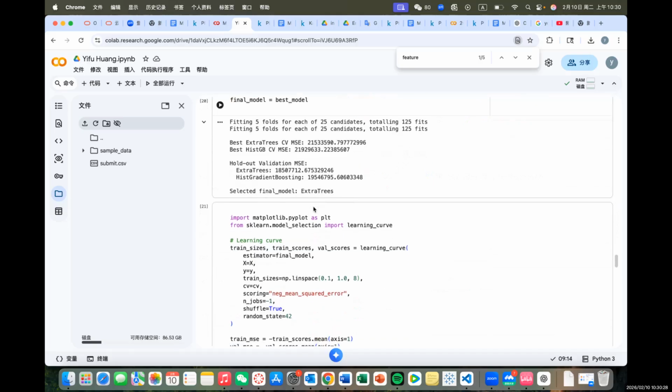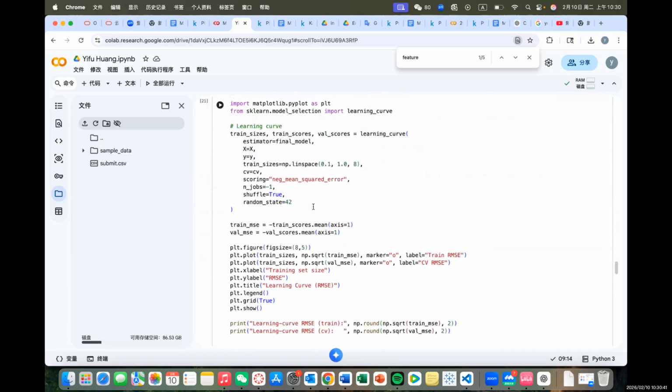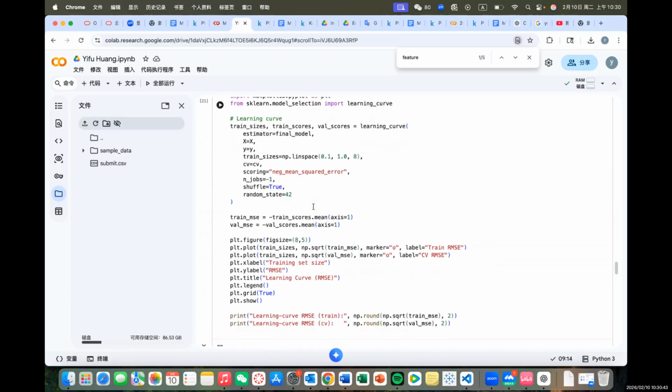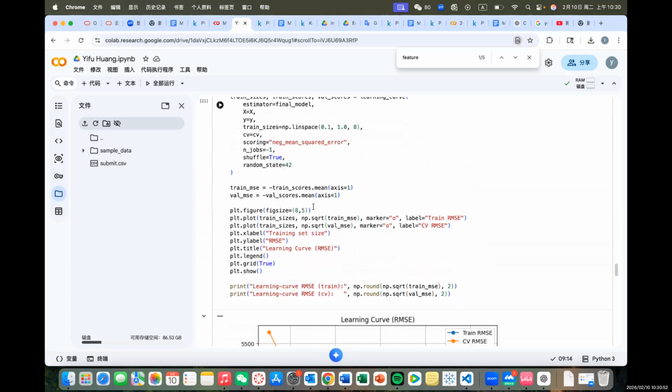So based on this holdout result, I selected Extra Trees as my final model because it has a lower validation MSE and seems to generalize better. And overall, my performance improvements come from trying multiple models using cross-validation, tuning hyperparameters, and choosing the final model based